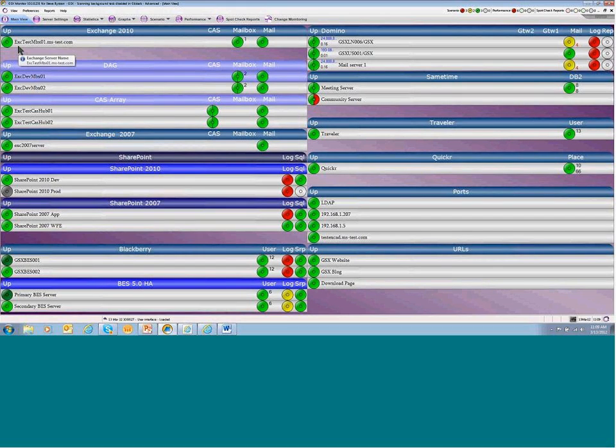It's green, everything's up. The specific Windows services we want to monitor are indeed up. The way this works is the lights are telling us various things about the current condition. So in this case, we're looking at a DAG, and the DAG light is split. So the left-hand side tells us if the DAG is up. The right-hand side tells us if all the DB stores on that particular server that occupy it, in this case there's 2 DB stores, you can see the numeral 2 there, are all